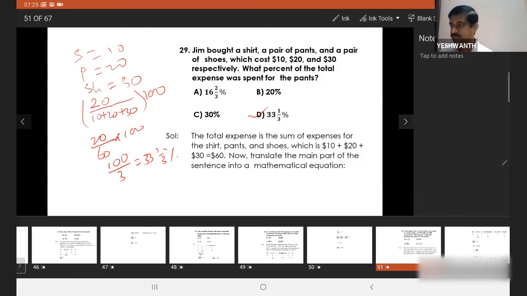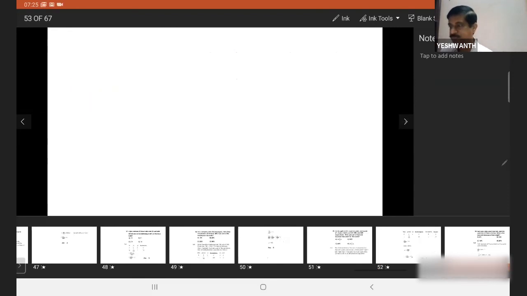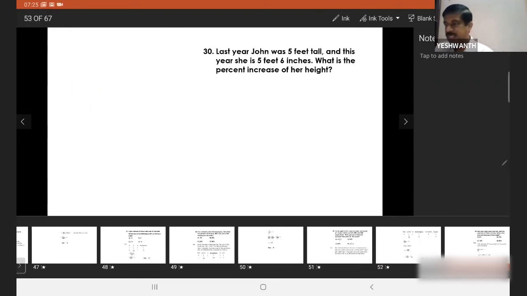Okay, so let's go to the next question. Last year, John was 5 feet tall, and this year she's 5 feet 6 inches. What percentage of increase is her height? So same problem we have done, increase by original